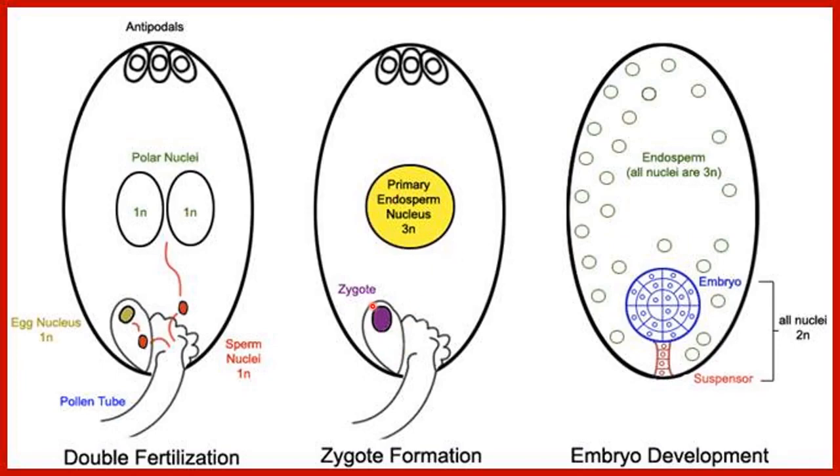After that this zygote developed to form the embryo. Here you can see this zygote has started developing, and then embryo formation occurs here. And this primary endosperm nucleus has formed endosperm. Here you can see all these nuclei have been formed, so this complete structure is endosperm now, and this endosperm then provides nourishment for this developing embryo.